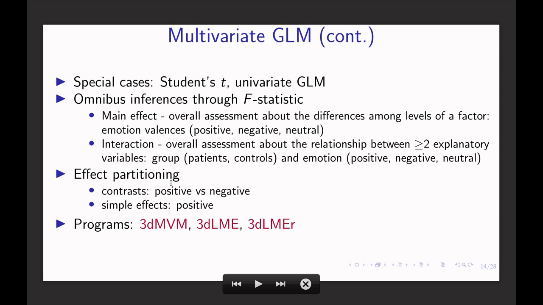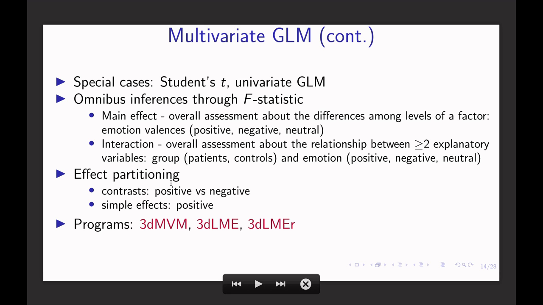Some people call it post-hoc testing. So you basically obtain those contrast tests, right? With A, B, C, you want to get A versus B, A versus C, and B versus C. Or you may also want to know each individual level, A, B, C, because their magnitude can help you interpret